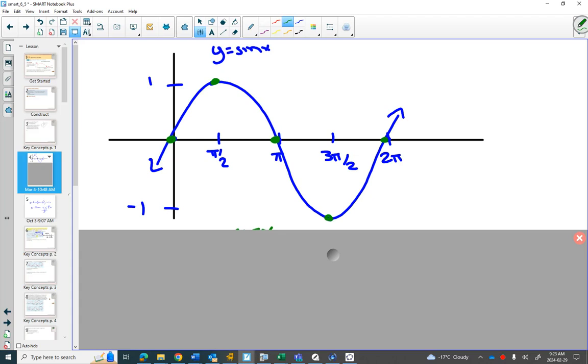I mean, I could figure out pi over 6 and add a half. I could figure out pi over 4 and add root 2 over 2, but then that's a decimal that maybe I don't have in my head. The axes family are really easy to grab. And what I'm going to show you right now